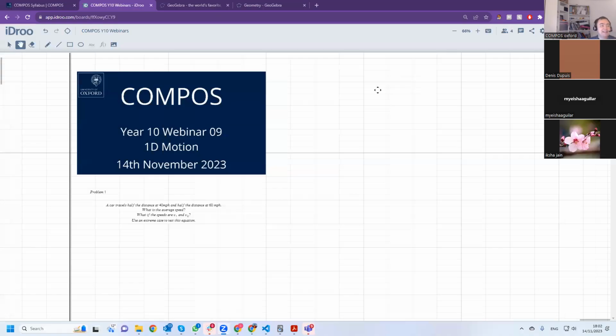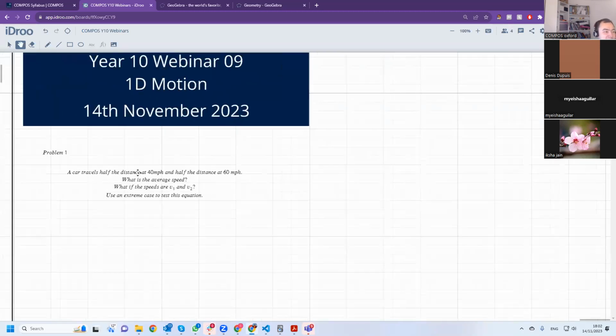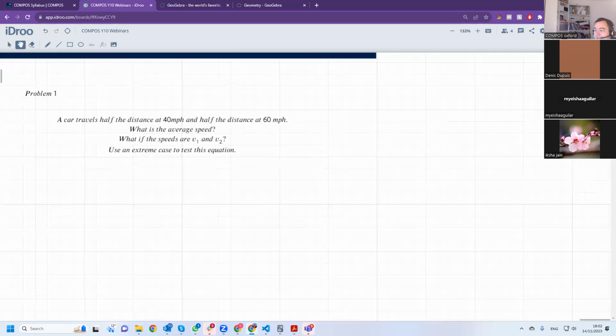And a few problems that we are going to talk about. Problem 1. A car travels at half the distance at 40 miles per hour, and it travels